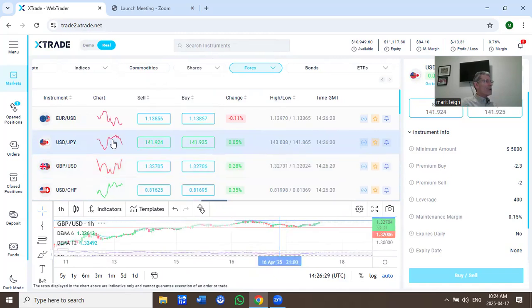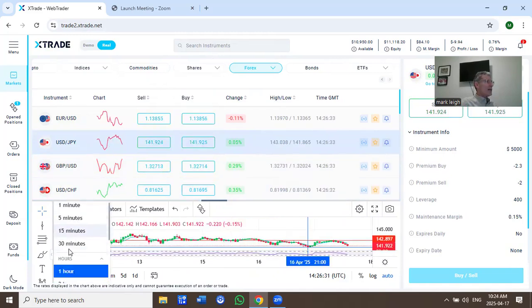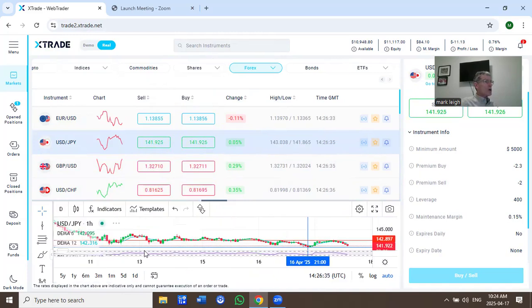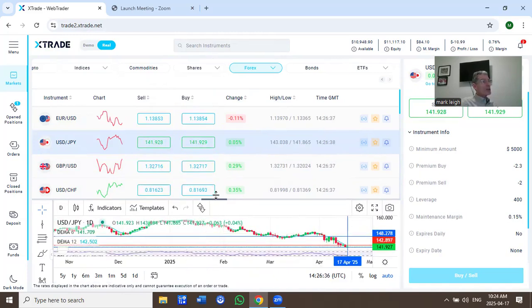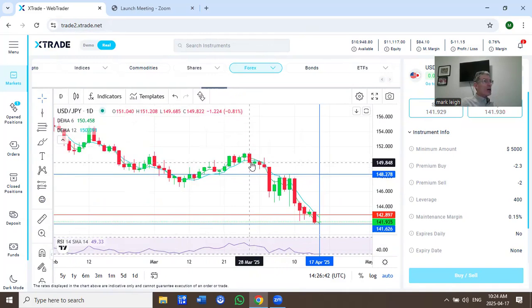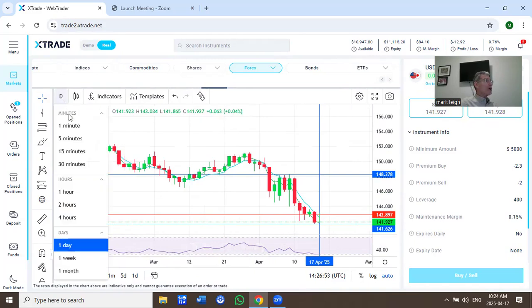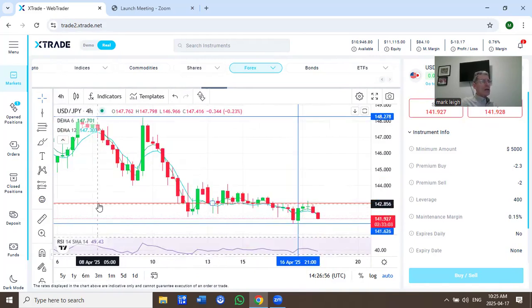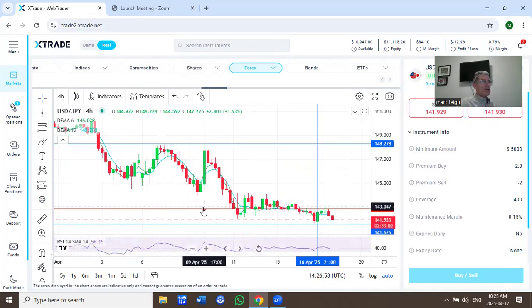Try that again, US dollar yen. And the daily to start. Always like to take a step back, have a look at the big picture, and then zoom in to see what's happening right now. Look at the big picture on the US dollar yen. Looks pretty much where it closed yesterday at that 141.90 level. Let's zoom in on the 4-hour. There you can see resistance at the 142.84, coming down now to test that daily support at